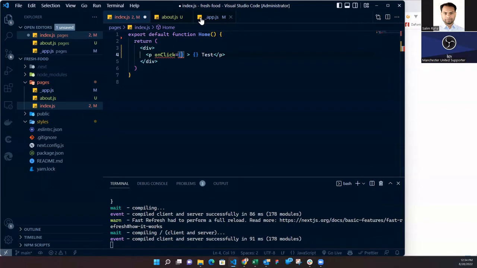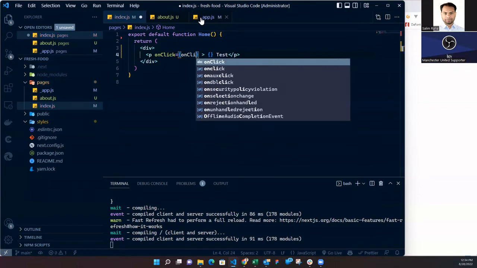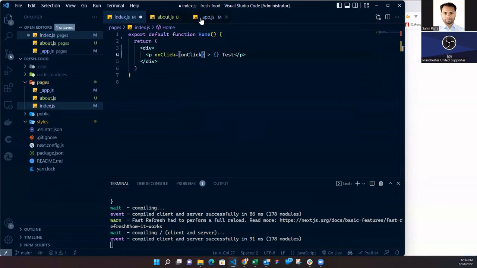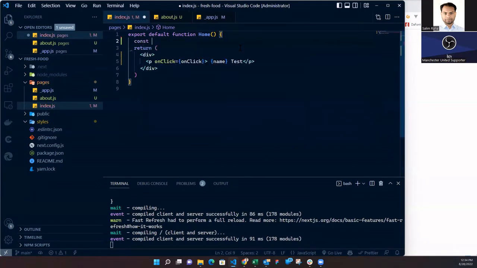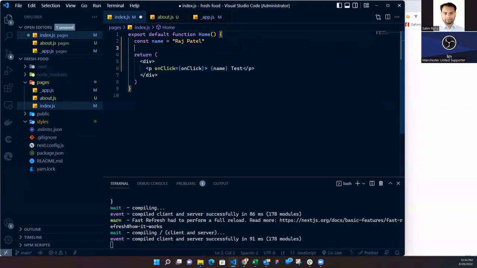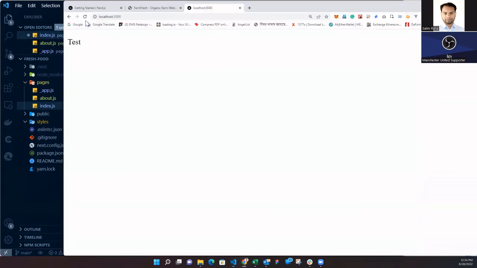So now you can actually write here, onClick is a function name, and that will be treated as JavaScript. And here you can write name, which is a variable. Right now, I don't have any variable like that, so I have to declare a variable like Raj Patel. And now name will be dynamically rendered here. So if I remove the text from here and go back to our page, if we render it,